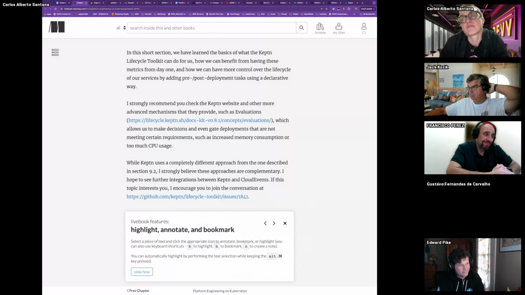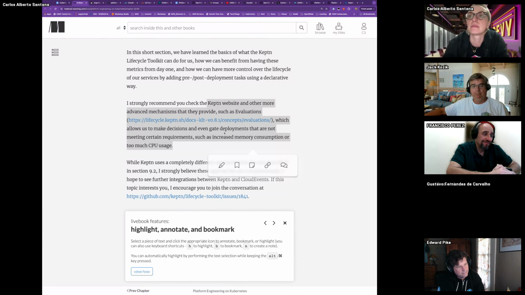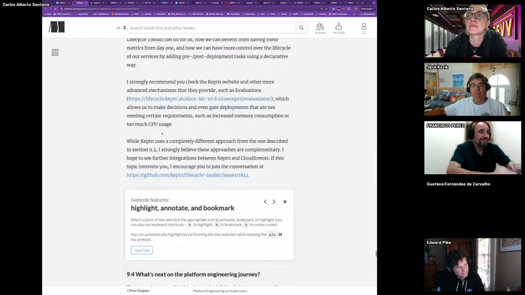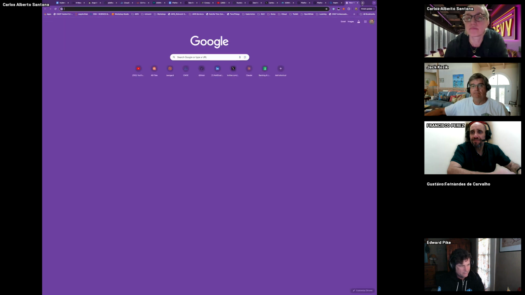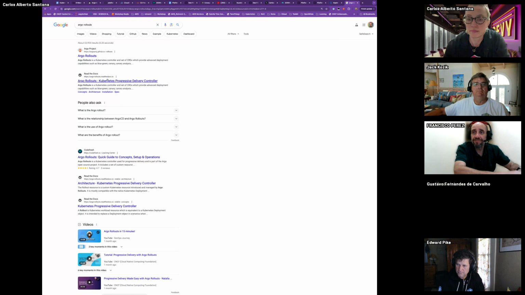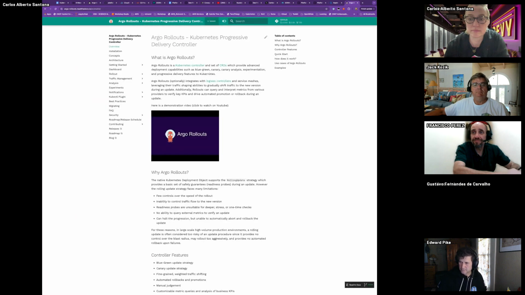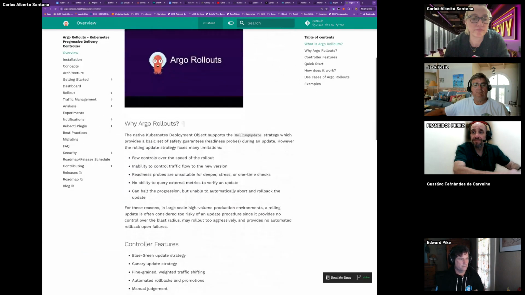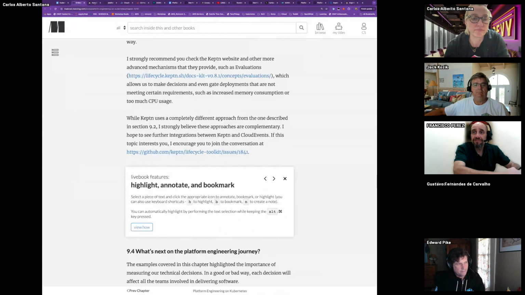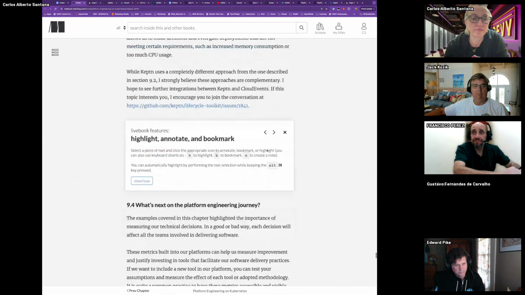And they have something called evaluations, which allows us to make a decision on a gate. Like, do not allow deploying something based on evaluations. It sounds similar to Argo Rollouts. So Argo Rollouts is another project. Argo Rollouts can also give you metrics and evaluations to deploy or not deploy, and then send a notification, and that could be an event. But Argo Rollouts will have that feature also. There's a lot of projects in the DevOps space for Kubernetes.